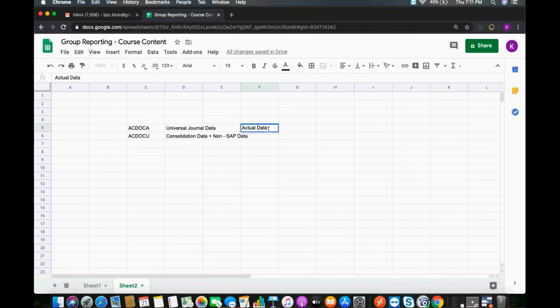comes from the ACDOCA table. Actual data, plus only based on operational chart of accounts. Yeah, actual data plus all SAP units. Only SAP units. When I say SAP units, all companies' data, whatever you create in F5 from here. And ACDOCU, this is also actual data